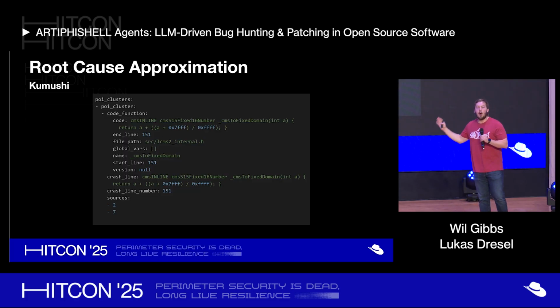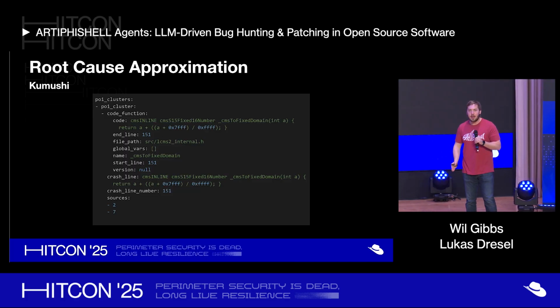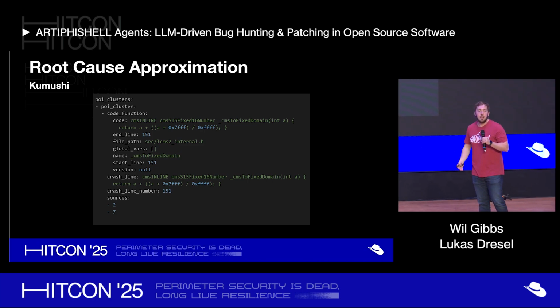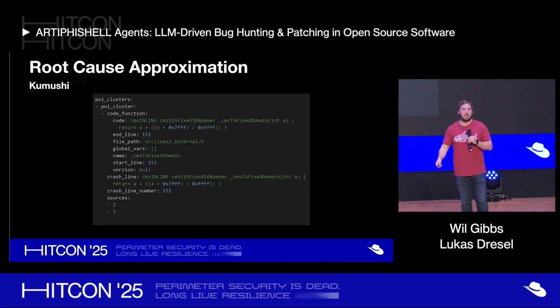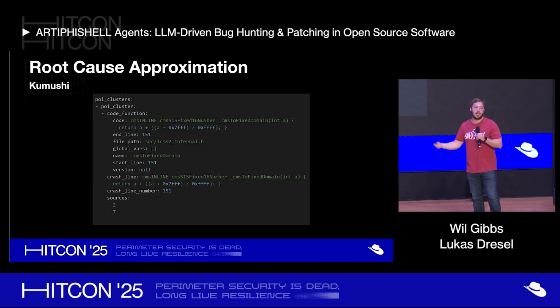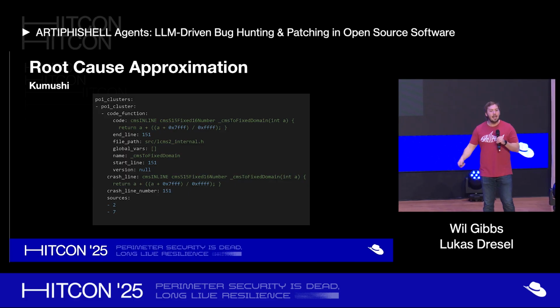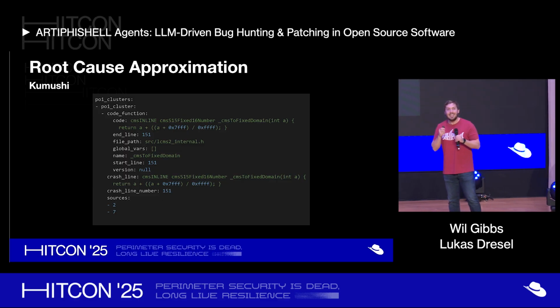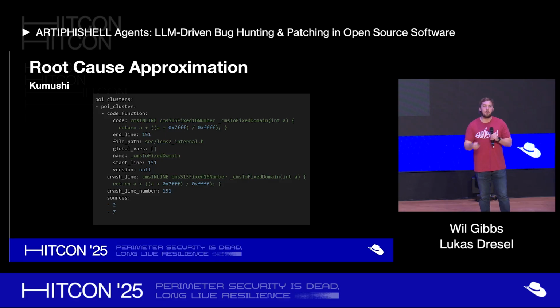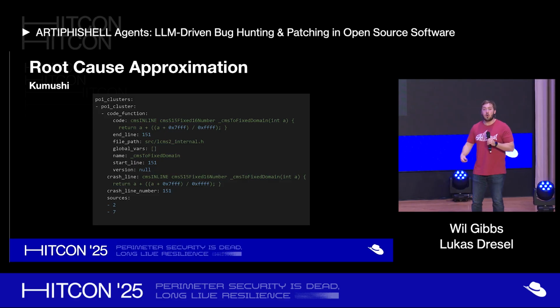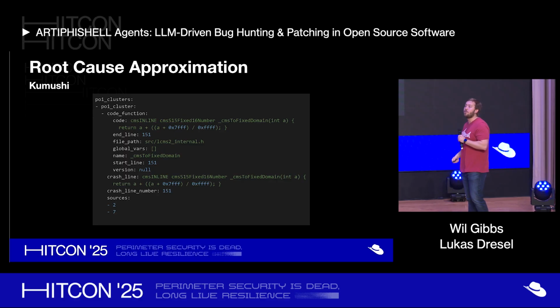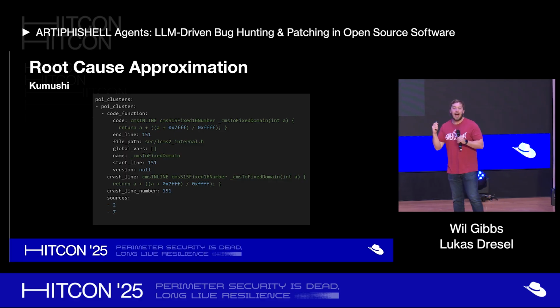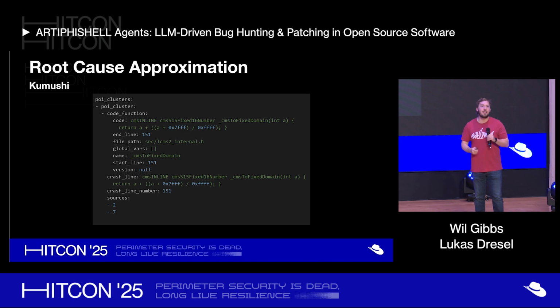So here's a small example of what the Kamushi output should look like. You'll see that we have a list of what are called POI clusters, POI standing for point of interest. And the POI clusters are really just groups of functions. It's functions that are related to each other, functions that have that variable dependency shared, functions that are executed along the same stack trace. This allows us to not only patch the root cause, but in the case that the root cause exists in multiple functions, or if the actual patch required must fix multiple functions in different places, this allows us to actually see that. This gives the LLM visibility into that area.